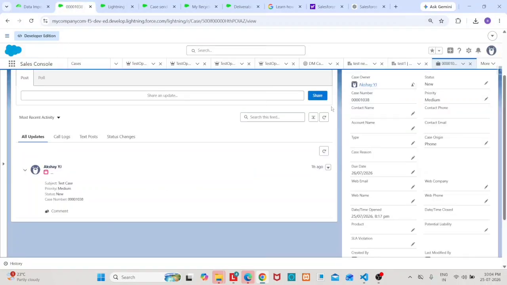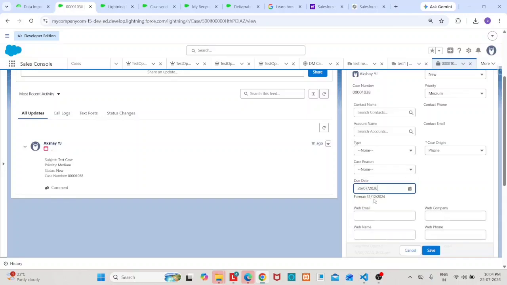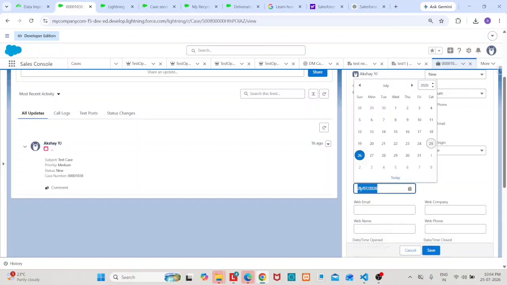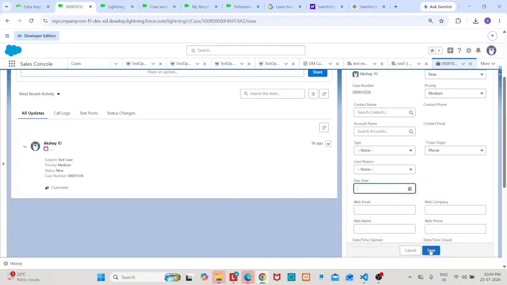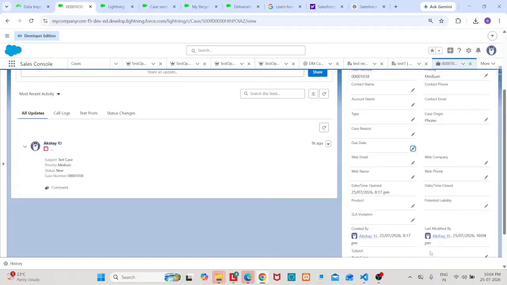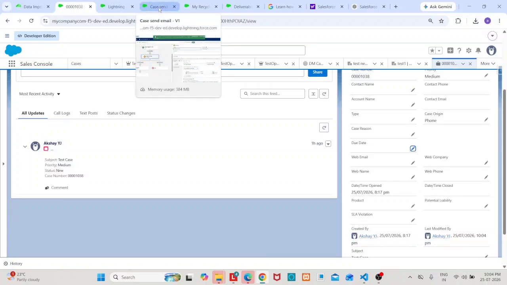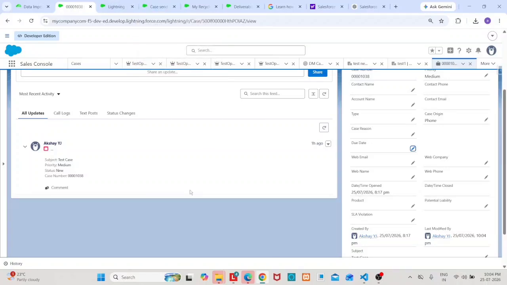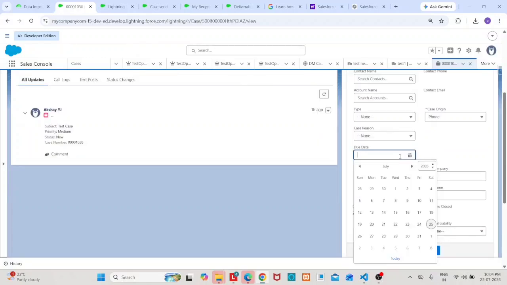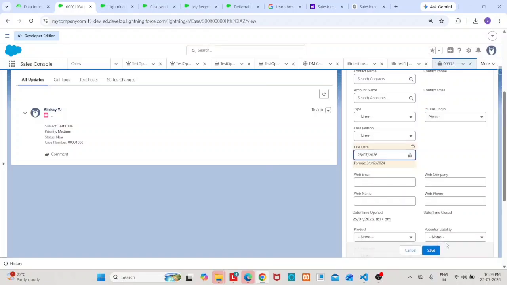As per our requirement, the due date should be blank first, because that's how the flow is designed. If it already has some value and you are changing it to some other value, it doesn't trigger. So let's keep the value blank first. Let me save it. Okay, so now we have a record ready, and I have defined the flow to run on the update scenario only. So I'm just using the existing case, and now I will be updating the due date to some other value. It should trigger. So when I select some value and I select save,